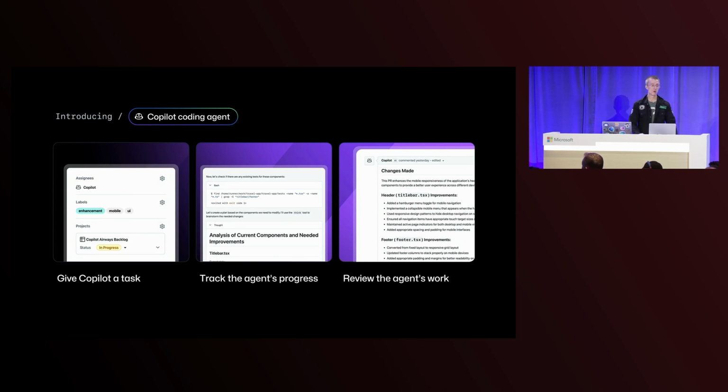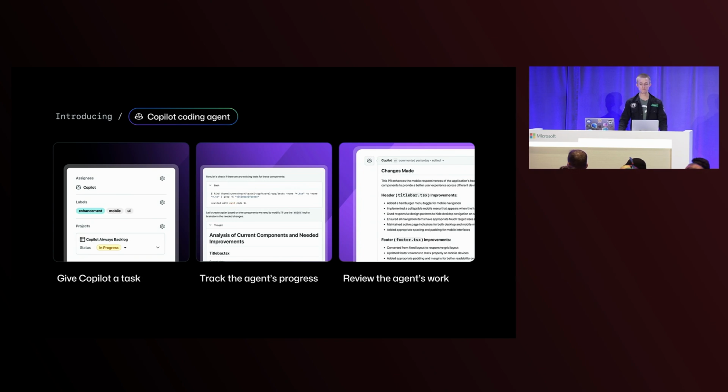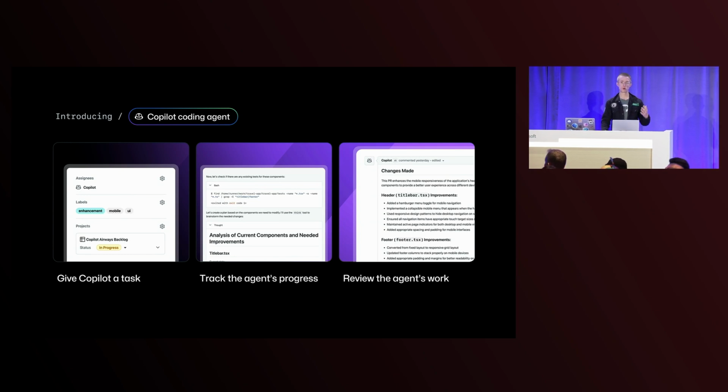So let's recap. What we've seen here is that I can hand Copilot a task to work on in the background. Then Copilot opens up a draft pull request where I can see its progress and understand what it's doing. I can see that at a high level through the PR title, PR body, and the commits. I can also zoom into the logs to see in detail exactly what Copilot is doing. And then finally, Copilot requests a review from me. I can check out that branch and work on it independently, or I can leave a review for Copilot and let Copilot pick up that work.